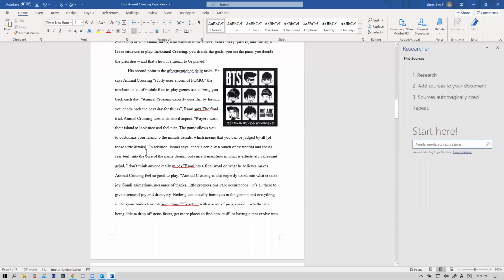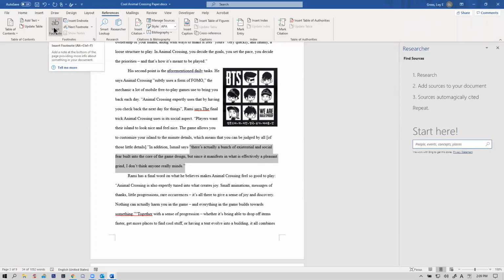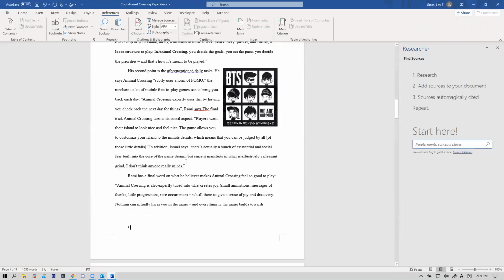Finally, let's talk about footnotes. A lot of us like to use footnotes. So here's a quote, and I want to make this quote a footnote. I will highlight the quote first, then I will go to References and Insert Footnote. And notice that Word will automatically put that little one here and the little one here. You know, this is a great quote I got from Google. There we go.